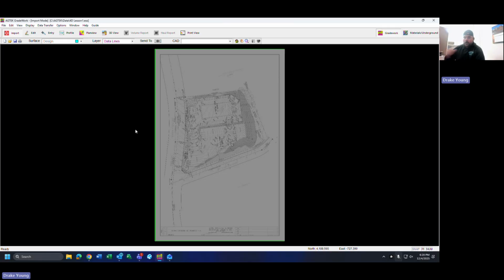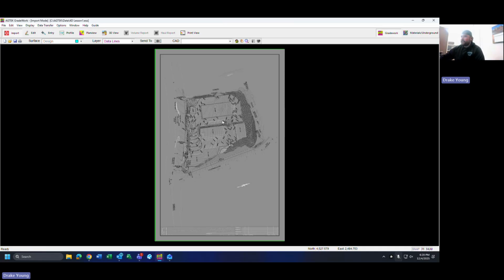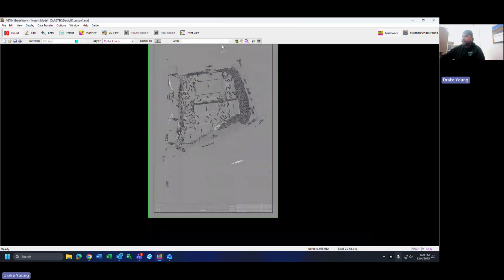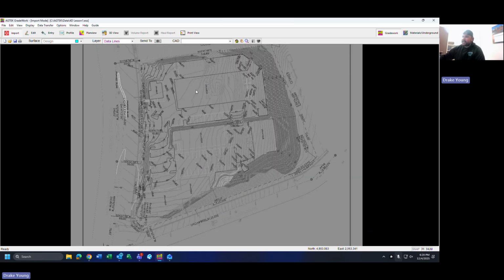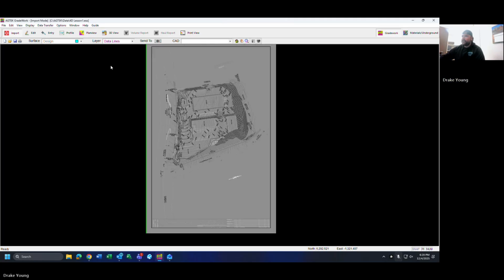First thing you want to do when you upload your PDF file is go to data transfer and click vectorize. And then I'll show you some highlighted lines. And now what you'll do is you'll want to send it. We're going to vectorize the existing data lines. So these points all throughout here. We're going to go to existing,